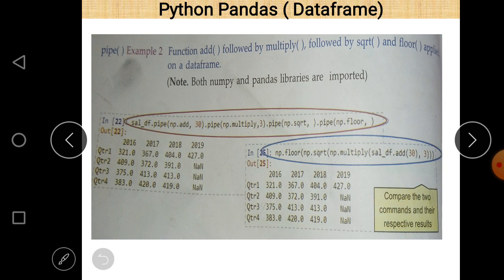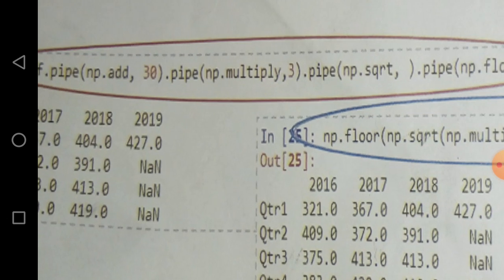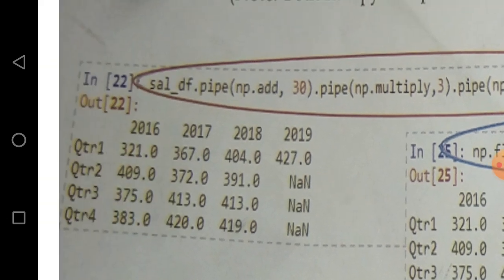And now there is another example, example 2 here. Basically, in example 2, the functions add, followed by multiply, followed by sqrt and floor, are applied on a data frame. So there is a chain of commands here. Again there is a data frame here, the original data frame named SALDF, in which the columns are 2016, 2017, 2018, 2019, and the rows are QTR1, QTR2, QTR3, and QTR4.